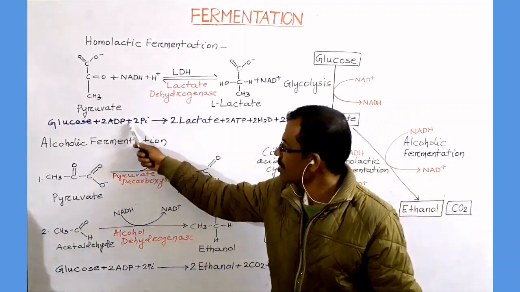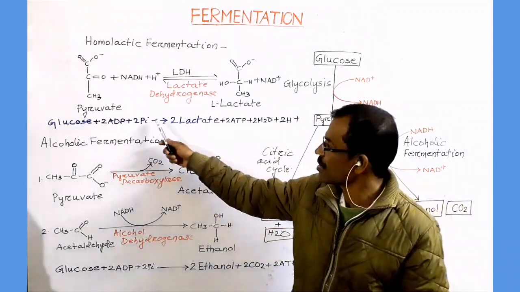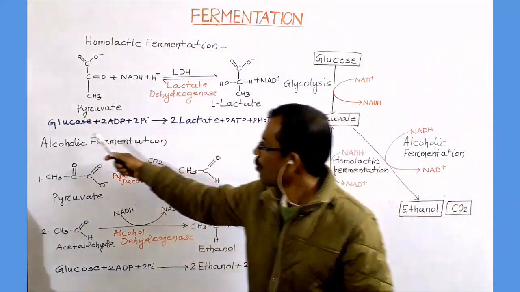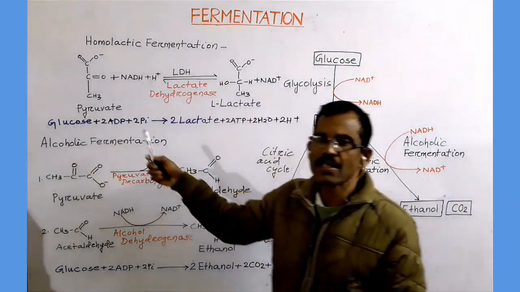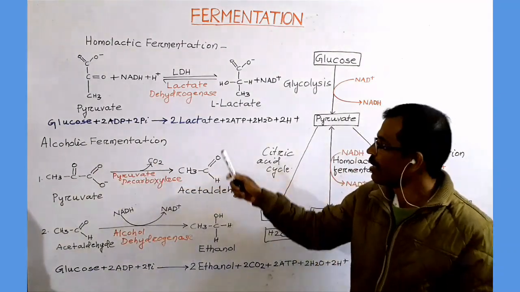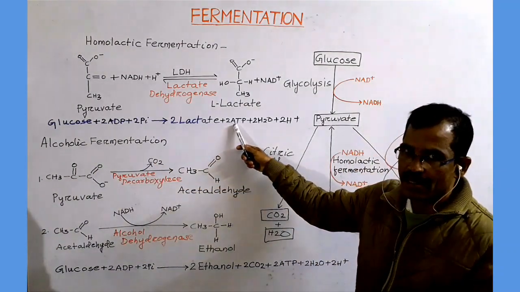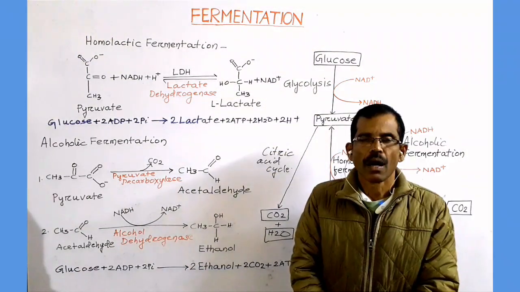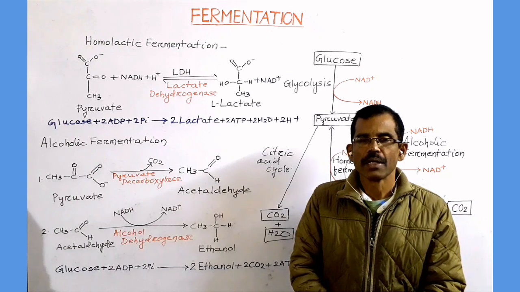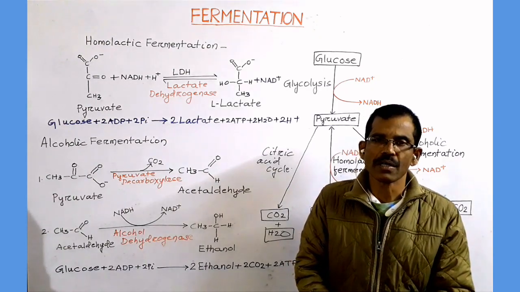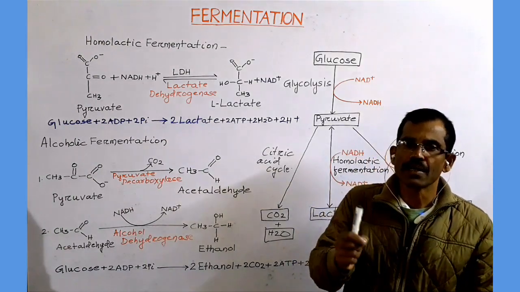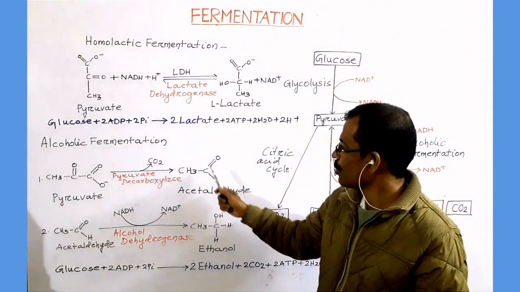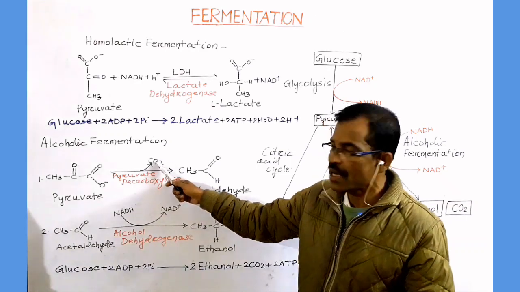This equation represents the overall process of homolactic fermentation, in which one glucose molecule is partially oxidized to yield two molecules of lactate, and there is a net gain of 2 ATP. Alcoholic fermentation. In yeast and certain other organisms, under anaerobic condition, pyruvate is first decarboxylated to yield carbon dioxide and